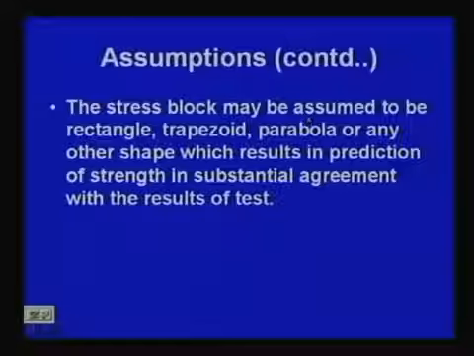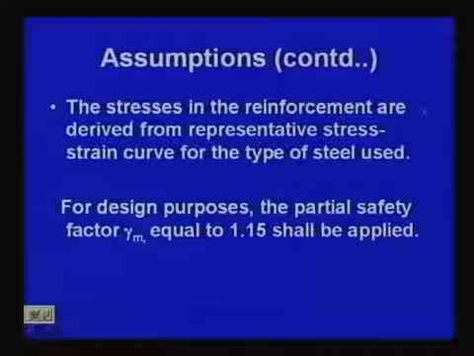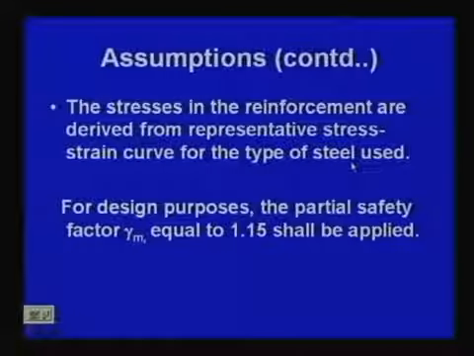The stress block may be assumed to be rectangle, trapezoid, parabola, or any other shape which results in prediction of strength in substantial agreement with the results of test. This is the one that we have already taken care of, that is, which type of stress block we have to use. The stresses in the reinforcement are derived from a representative stress strain curve for the type of steel used. For different steel we have to use different stress strain curves,